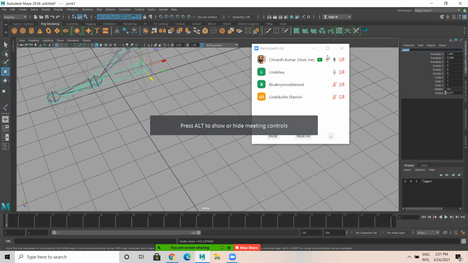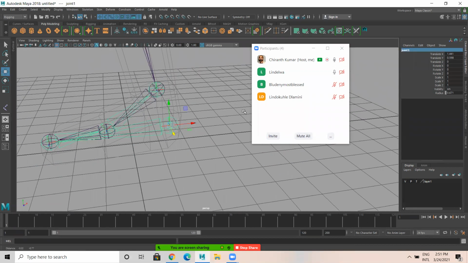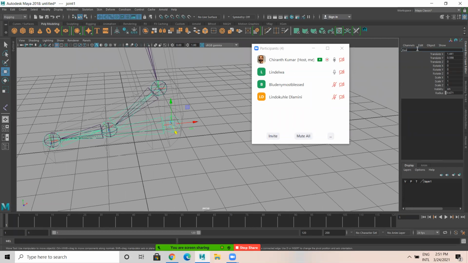I'll just name it. I'll select this joint and start naming: reverse underscore heel. Now reverse underscore toe, reverse underscore ball, and reverse underscore ankle. Now these are reverse joints.